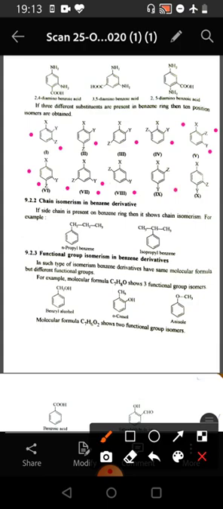In the third set, the positions of X and Y are fixed at 1 and 4 positions, and the position of Z is shifted from 2 to 3. But here it is ortho to X, whether it is here or here, it is an identical isomer, that is ortho to X and meta to Y. If it is here or here, then also these two are identical isomers, that is in both conditions it is ortho to Y and meta to X. So in all 10 isomers are formed if 3 substituents are there and all are different.